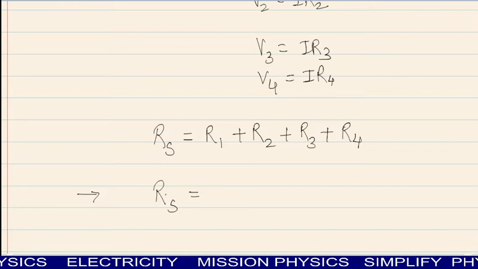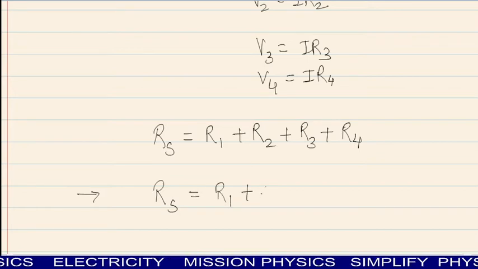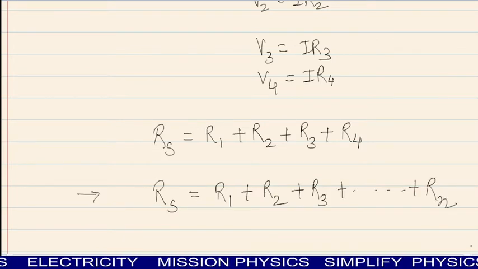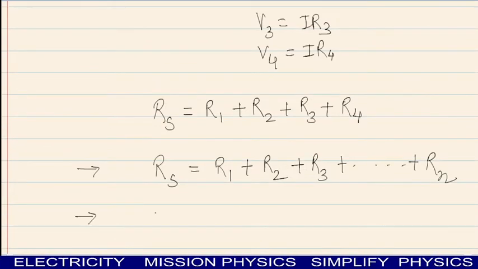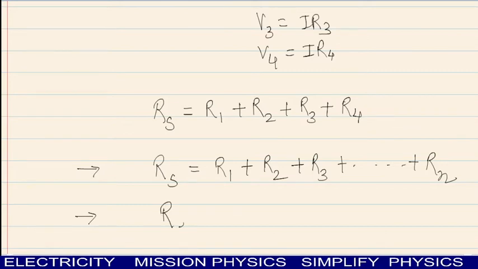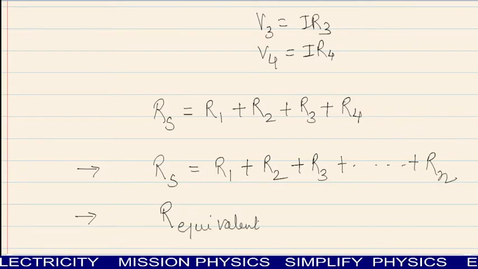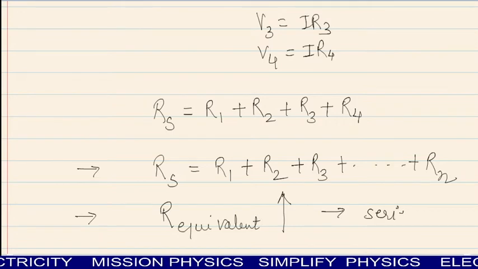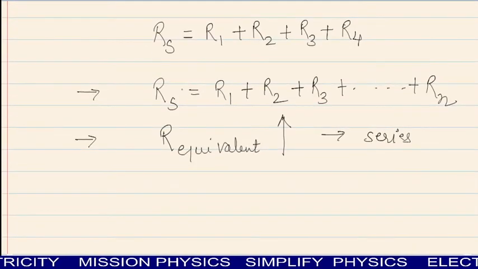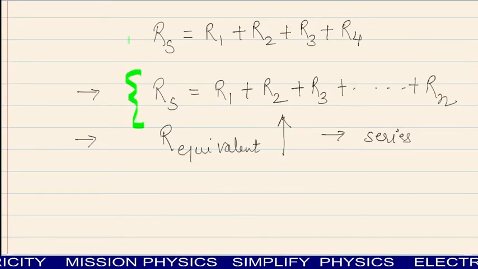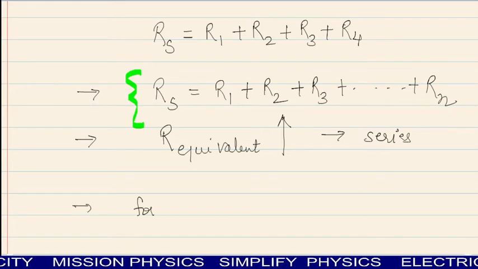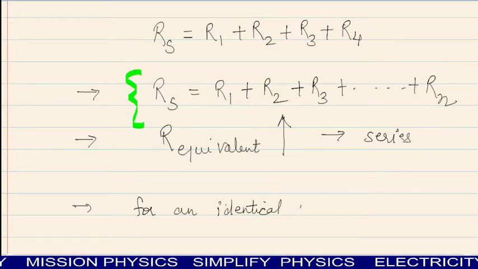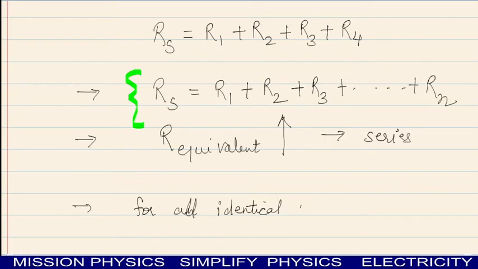सिमिलर वे में when n resistors are connected in series, we get Rs equal to R1 plus R2 plus R3 and so on plus Rn। ठीक, अब नेक्स्ट कंक्लूजन है whenever we have to increase the equivalent resistance, जब हमें equivalent resistance को बढ़ाना होगा तब हम यूज करेंगे series combination। And suppose in this particular case, if all the resistors are identical, means सबकी वैल्यू सेम है।